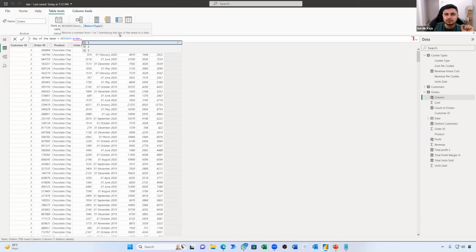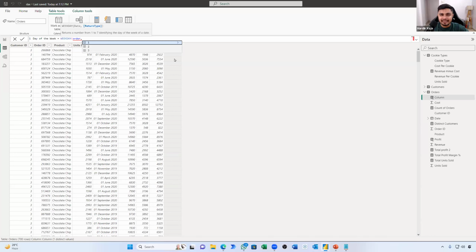It is explaining also here. See this. Listen to this very carefully. It's a life hack for you if you are a working professional using Power BI or Excel. Returns a number from 1 to 7, identifying the day of the week of the date. So what does that mean, Hardik? That means it is going to mark everything as, let's say, 1, 2, 3, 4, 5, 6, and 7.